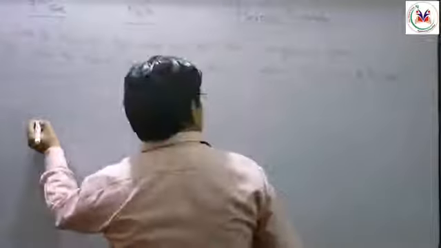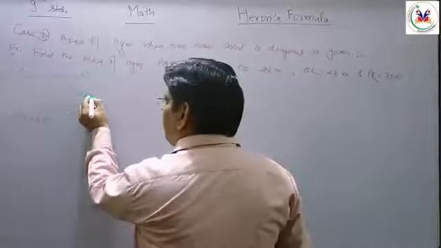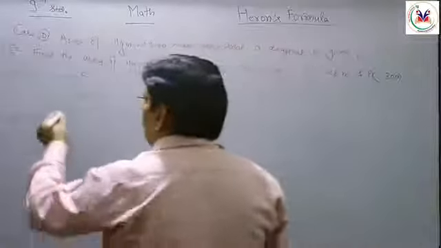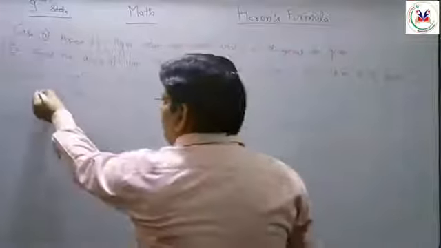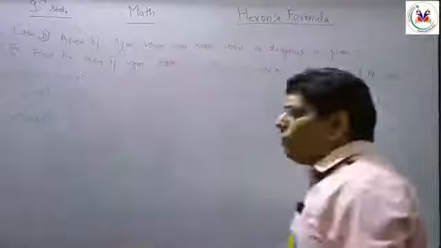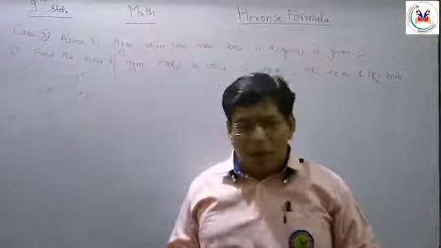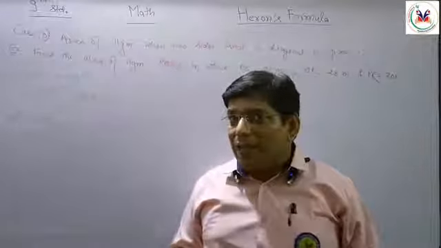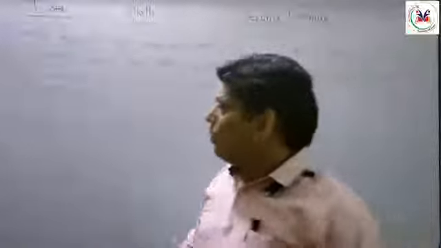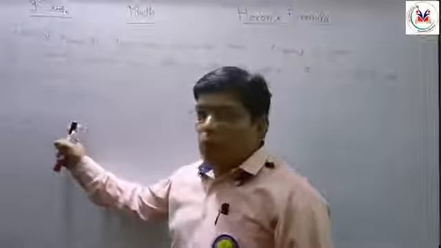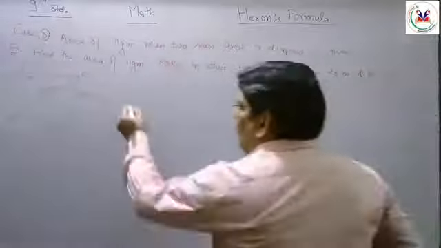PQ is 26 meter, QR 28 meter, and PR, that is 30 meter. Now, before starting the area of the parallelogram, we have to be aware of the property of a parallelogram, and that is opposite sides must be equal and parallel. So if you want to calculate the area of a parallelogram, we have to remember, if PQ is 26, then SR is also 26.